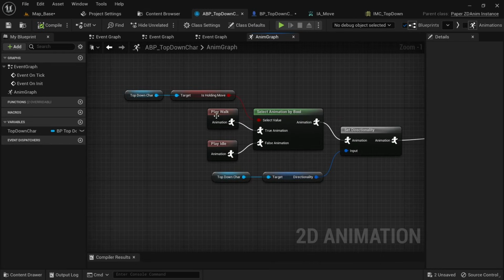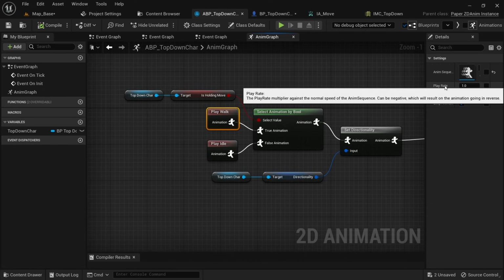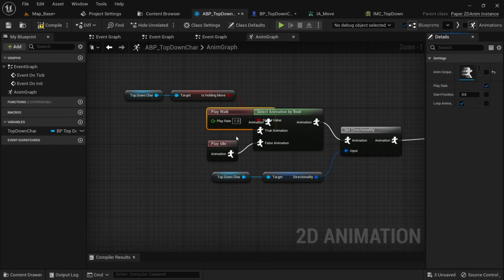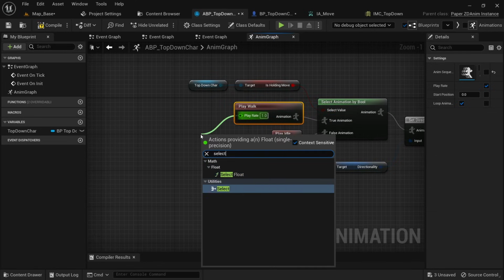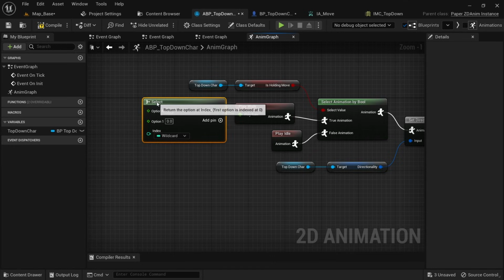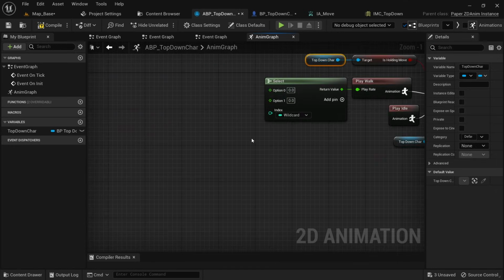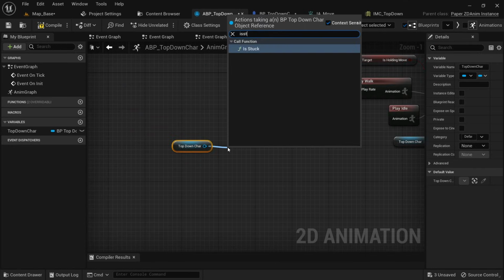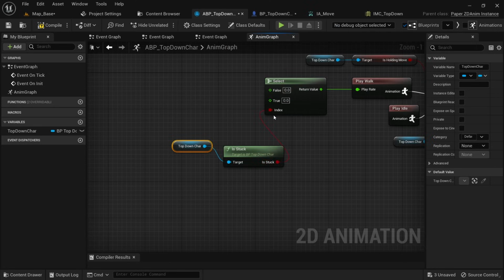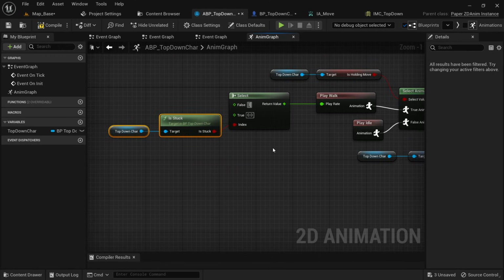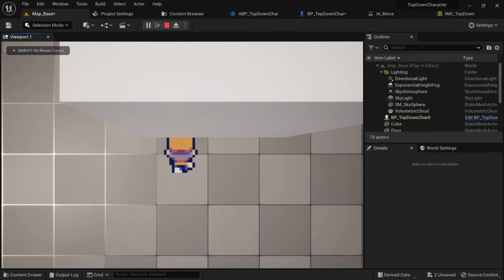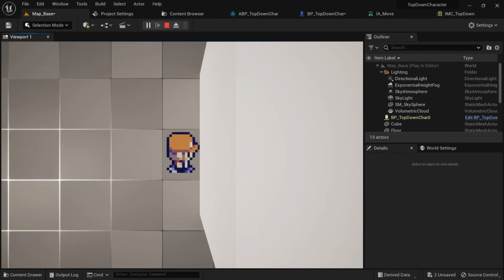In the animation blueprint, we can then click the play walk node and expose the play rate so we can dynamically change it. Use the select on the play rate and use the isStuck as the index. If we're not stuck, the animation should play at the regular play rate of 1.0, otherwise at 0.4. You can see that the animation now slows down when we keep walking against the wall, but we still need